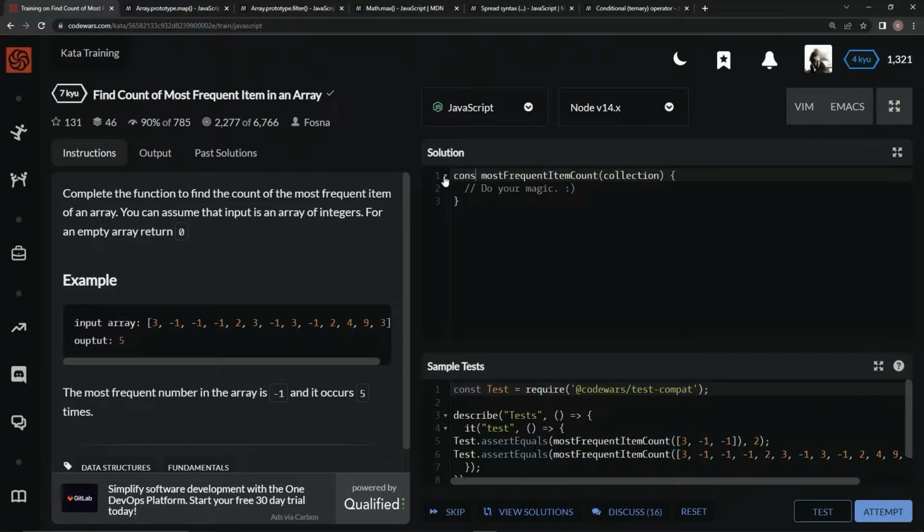So we're going to say const mostFrequentItemCount equals collection, and then we're going to have an arrow right here. We're going to do console.log so that we can test while we go. We're going to start right here. So the first thing we're going to do is map through collection. So we're going to say